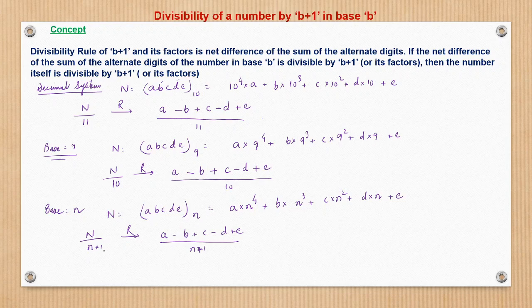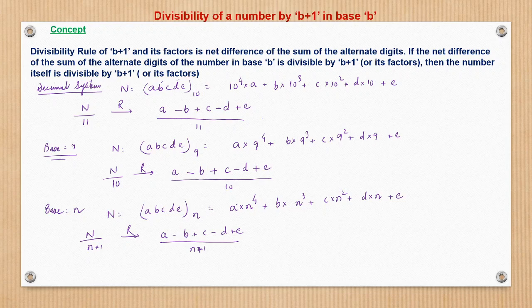And this is not true for only n plus 1. Like in the previous case, this is also true for the factors of n plus 1. Here in this case, in case of base 9, this is not true only when divisor is 10. Even if your divisor is 5, then also it is true, because if divisor is 5, 9 by 5 is what? Minus 1. Minus 1 raised to power 4 is plus 1. So a into 1. Here it becomes 9 by 5 is 4, that is minus 1. Minus 1 raised to power 3 is again minus 1. So it becomes minus 1 into b. So it's not only true for b plus 1 type thing, it's also true for the factors of b plus 1, right? Where b is a base.